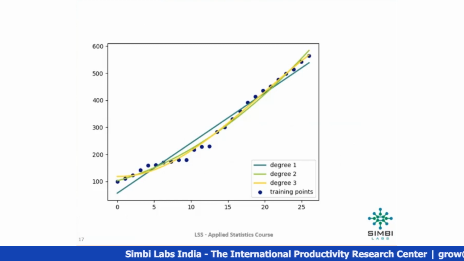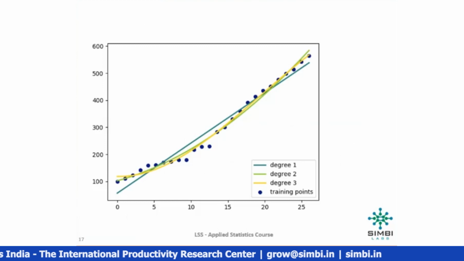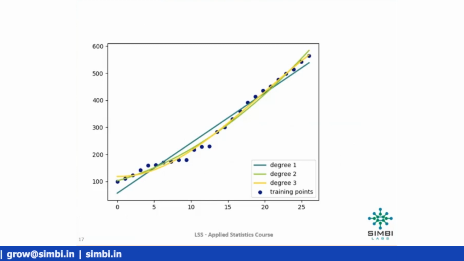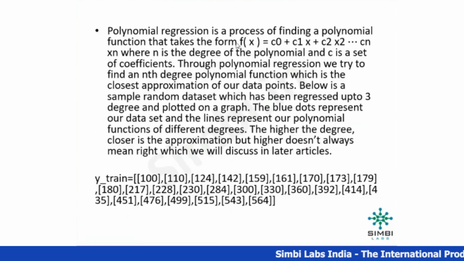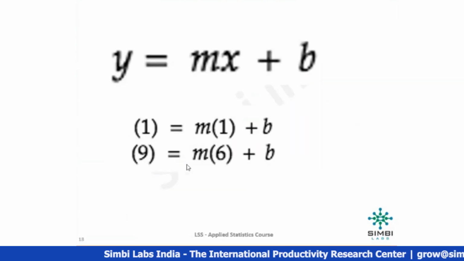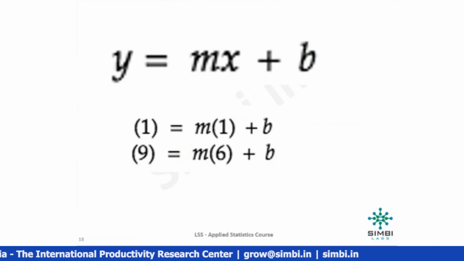Based on the dotted lines, we can multiply those x and y values by following the formula C0 plus C1 into x plus C2 into x squared, like that. For up to 3-degree values, we need to add the terms by following this function. And also here, to understand the math behind this analysis,